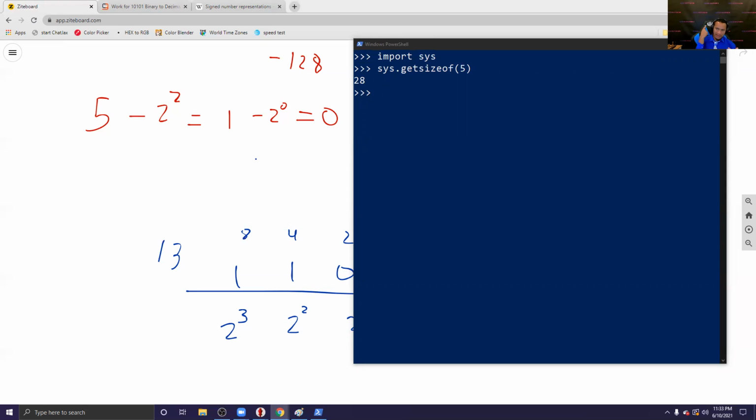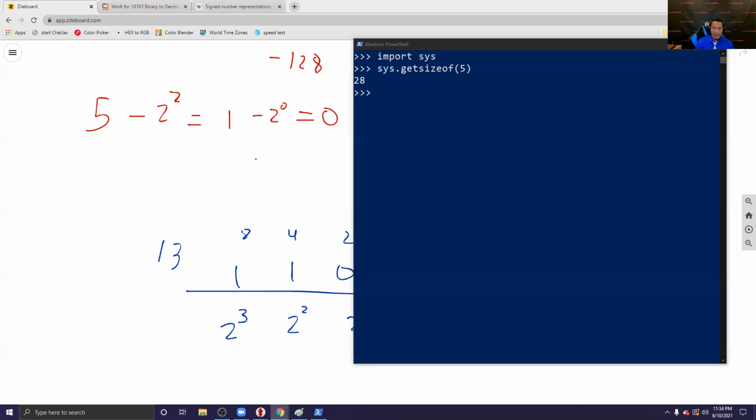So you have the type, an integer. You have the size, which is self-determined. And then you have the reference count, exactly. So how many times it occurs in the code. All these things take up space, and what you're going to end up with is those 3 things take up 8 bytes each. So you're going to get 24. So the actual amount of bytes that the integer has is